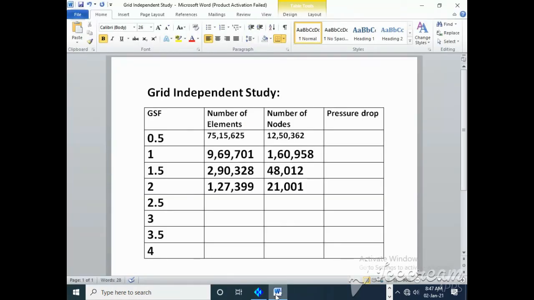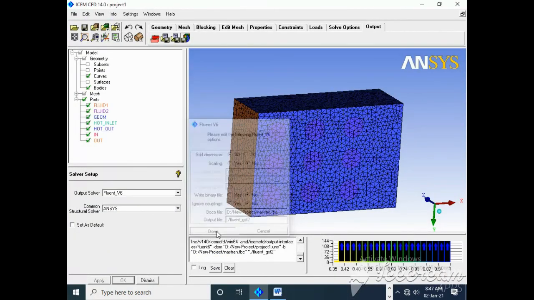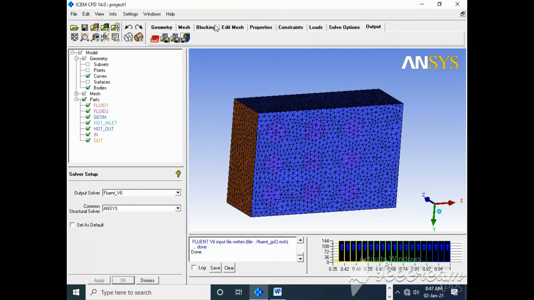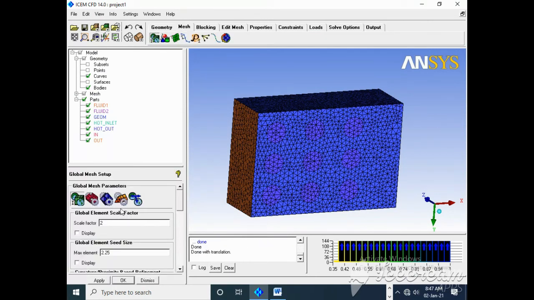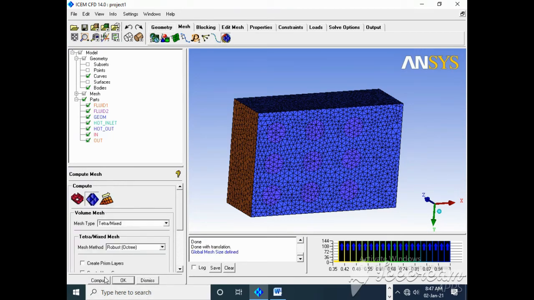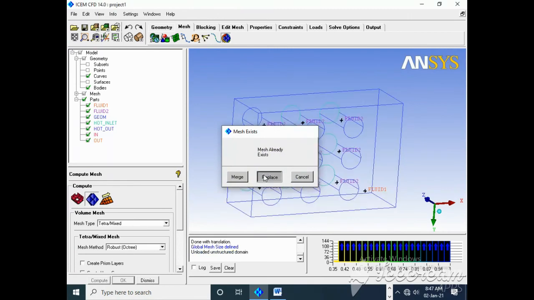It is 2. Okay. Done. Done with the translation. Go for 2.5 global scale factor. Say apply. Compute. Replace.